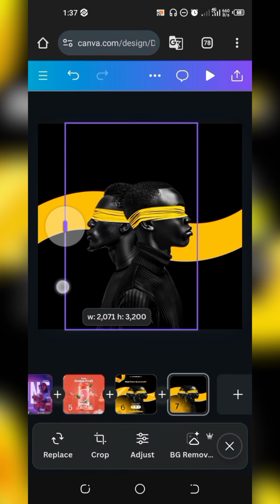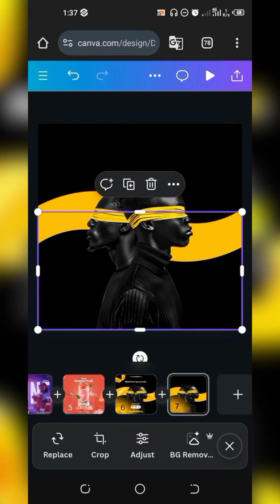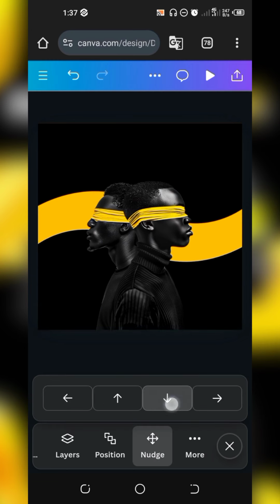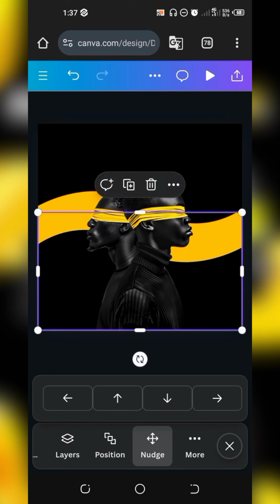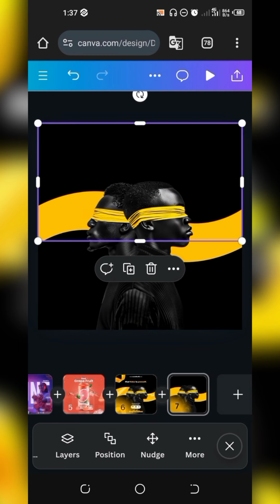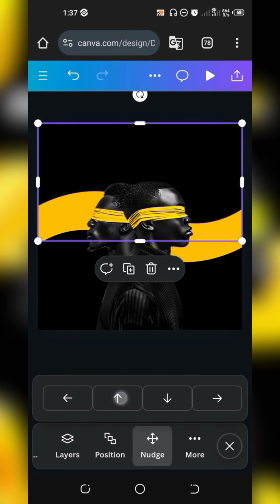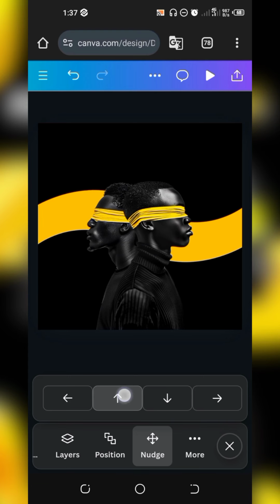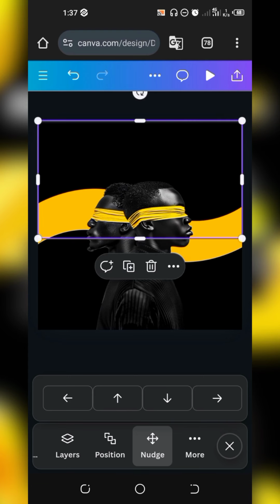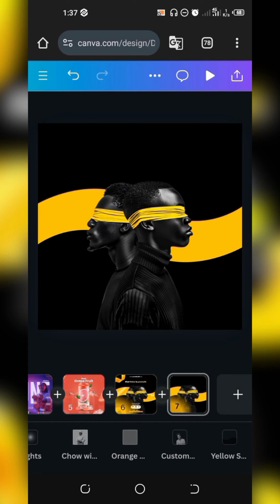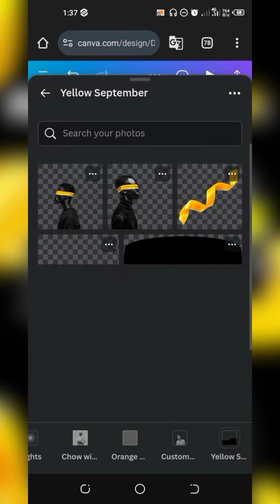So take out some of all these sides so that I can work with what's on the background. I can see some yellow lines beneath this wave, so I want to nudge it down so that those lines don't show. Exactly. Then same thing for this one on top too. I want to nudge it up so that the lines don't show. Exactly. Yeah.